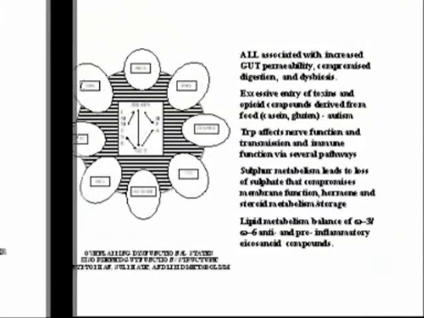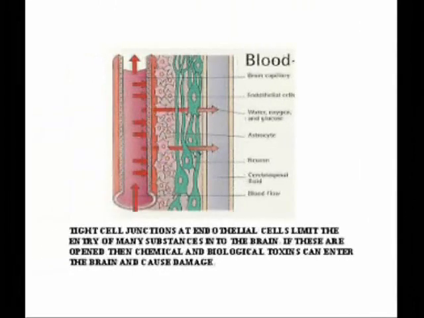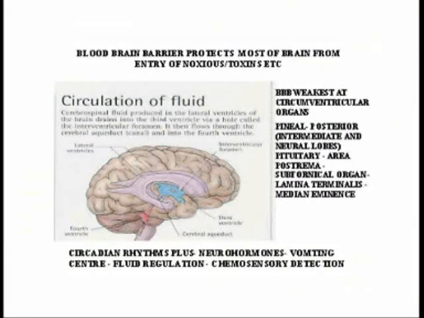This is the blood-brain barrier, showing how things in the blood are blocked from getting into the brain. These arrows are bouncing back. But some things have got to get through, like water, oxygen and glucose. If this barrier is opened up, all the other things will get through as well. And biological toxins can damage it. This is one example: the blood-brain barrier protects most of the brain. That's why it's called a blood-brain barrier. But it's weakest around the ventricles, which are these areas which are really holes in the brain which are filled with fluid. This is a key thing